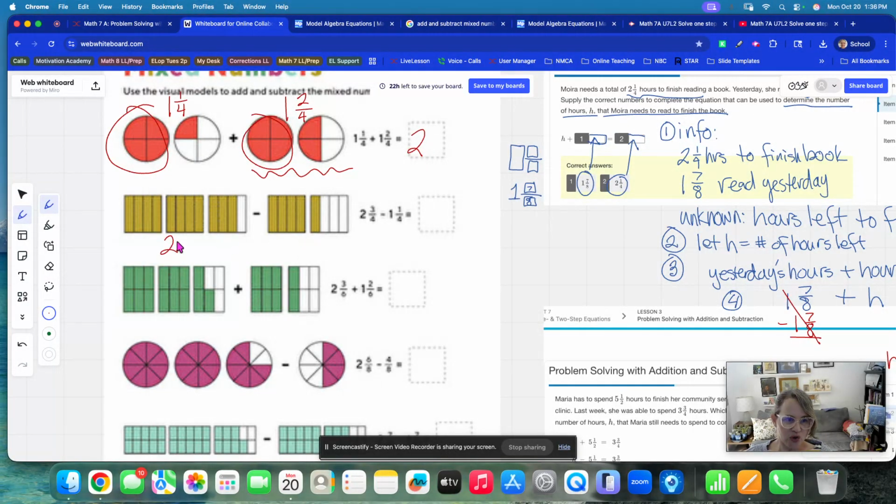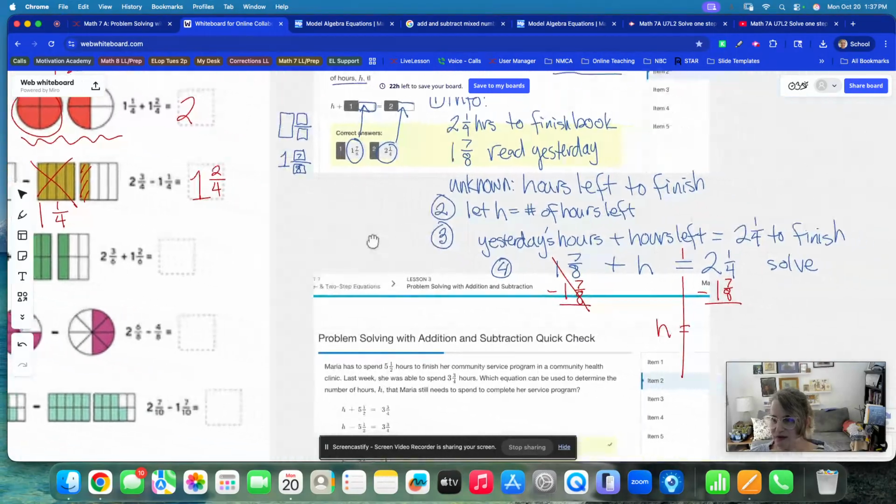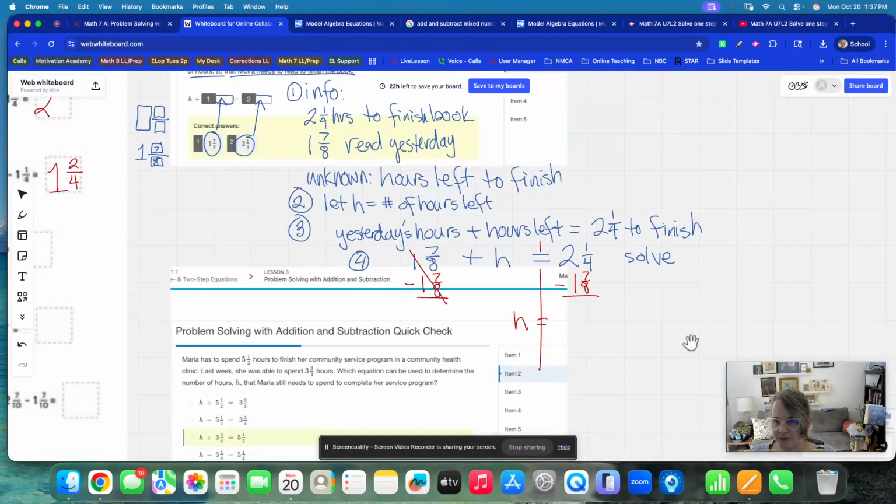Okay, this one is 2 3/4 minus 1 1/4. You're allowed to just say I'm taking away 1 whole here. And then this 1/4, I'm taking it away from here. So what's left over would be 1 2/4. Okay, so 2 minus 2, 3/4 minus 1/4. You're allowed to do that. That's fine. And you can see why that would be the case if you had all that stuff physically in front of you. So what I'm going to do here is